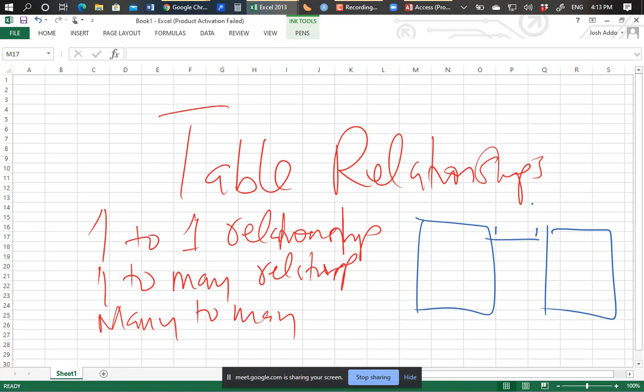Then we have one-to-one. I'll give you an example where a one-to-one relationship comes in. A typical example is where we have, let's say, one big table and we want to break that same table into two. Sometimes the reason will be that part of the information in that same table is not to be consumed by all people. So we may want to break the table. Maybe some part of the information in the table is more